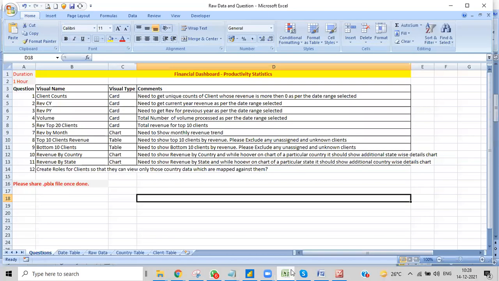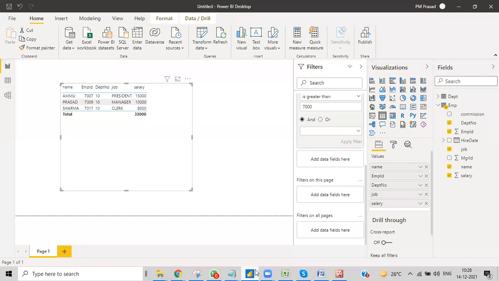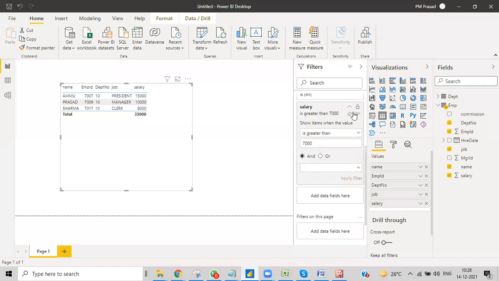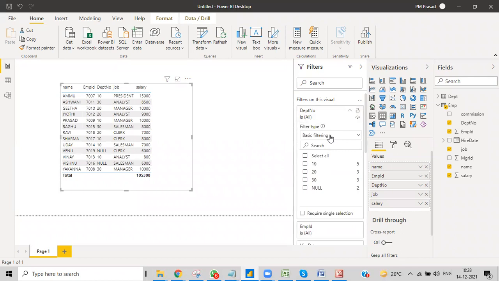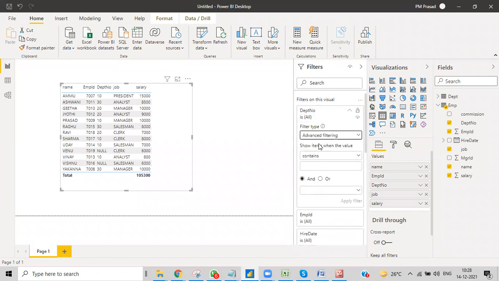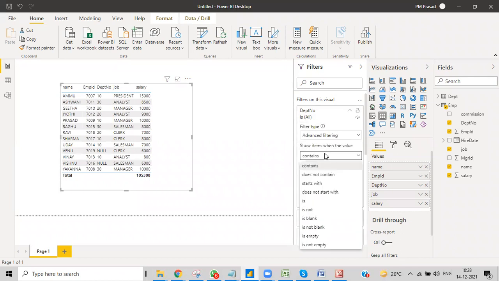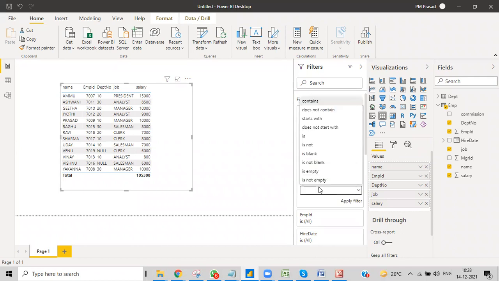Obviously we don't know how many departments there are here. So what we do is clear the filters. Whichever filters we give will be highlighted out here, no need to worry. And here, department number, I want to go with advanced, and then is not 10 and is not 20.